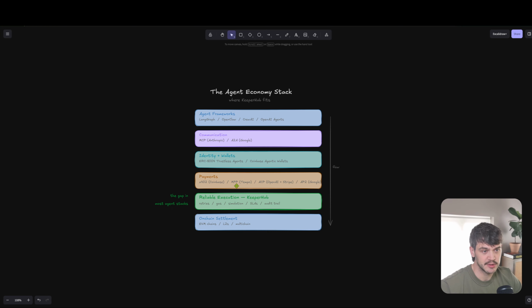Payments, X402, MPP, there's been a lot around them too the past few months. And finally, we then have the reliable execution layer, kind of where KeeperHub lies. And this is where I mentioned already previously, kind of retries, gas, simulation, SLAs, audit trail, making sure that you actually have the transaction land on chain. And that's, of course, as you can see here, the final box, on-chain settlement on EVM chains, layer 2s,